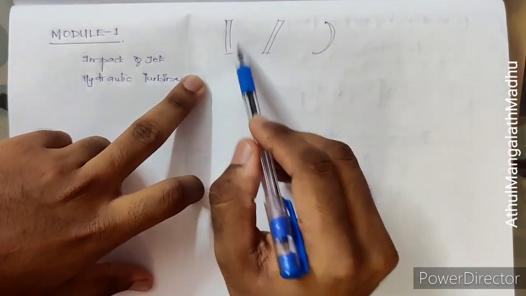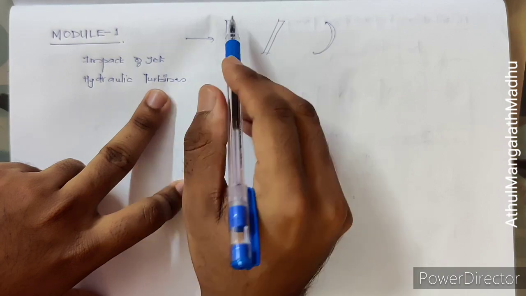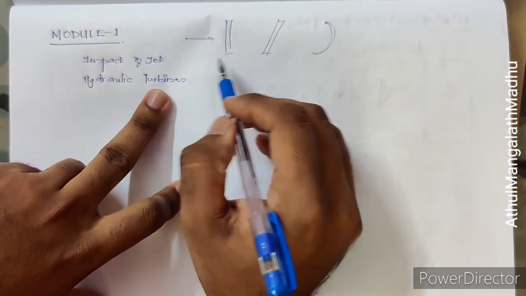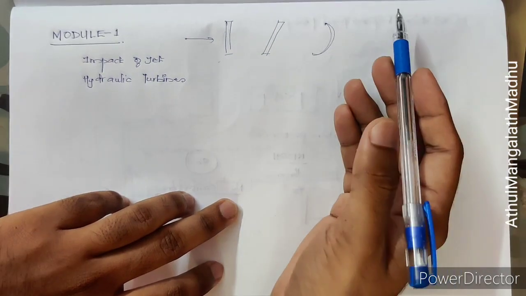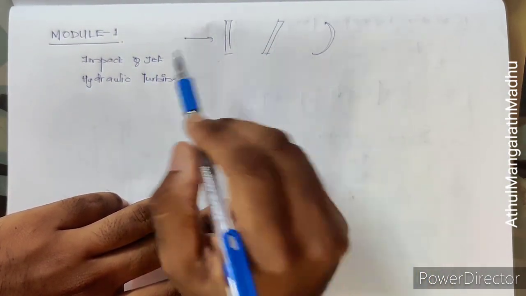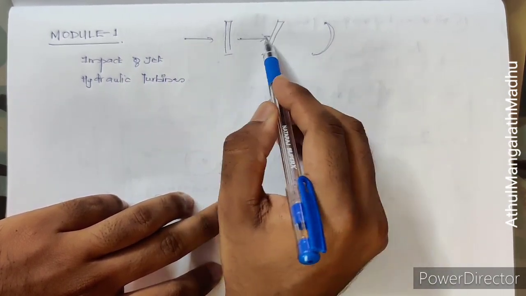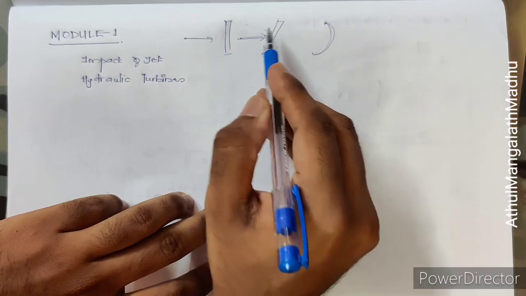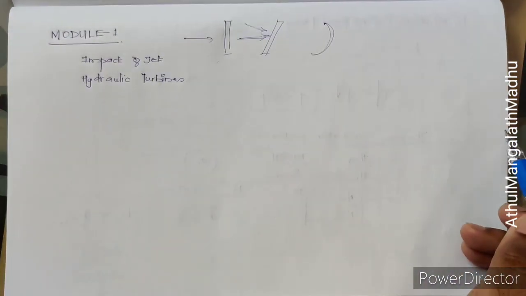And sometimes it will be kept normal to the jet. You have the jet, this plate is kept normal, and this is stationary. When you have stationary, you have a different equation. Once it is moving, you have to consider the relative velocity that you have to find. At the same time, when you have an inclined plate with the flow or a jet, you have to resolve it into a normal force and a tangential force. That equation you should understand.